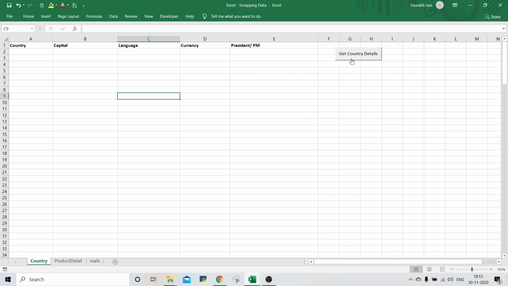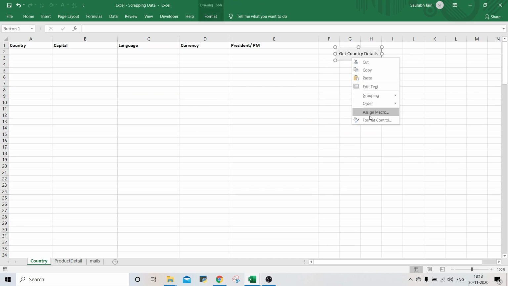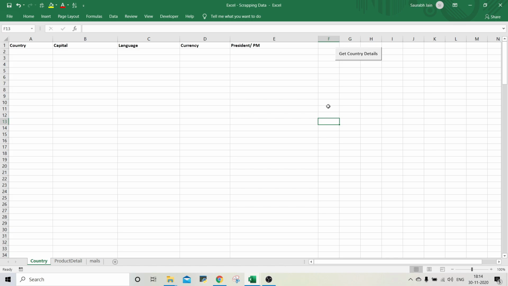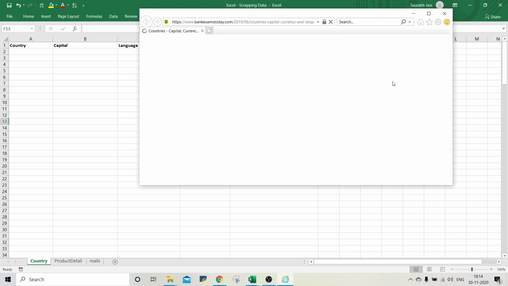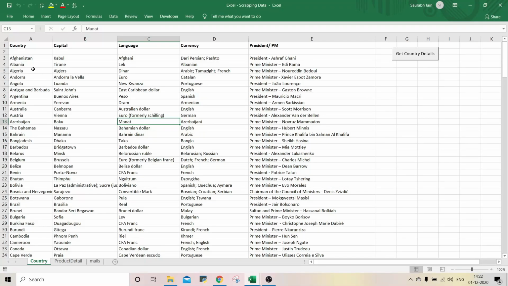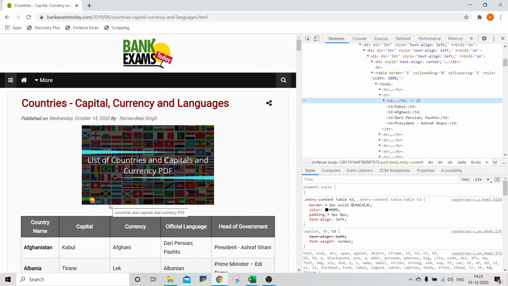Now we have created a button. Right click on the button and assign the macro. Click OK. Now click on the button. It will open the website. Once the site is loaded, it will extract all the information. Now the data is copied from row number 3 instead of row number 2. So let's understand why it happened. So again, open the site in the Google Chrome browser, and now in the